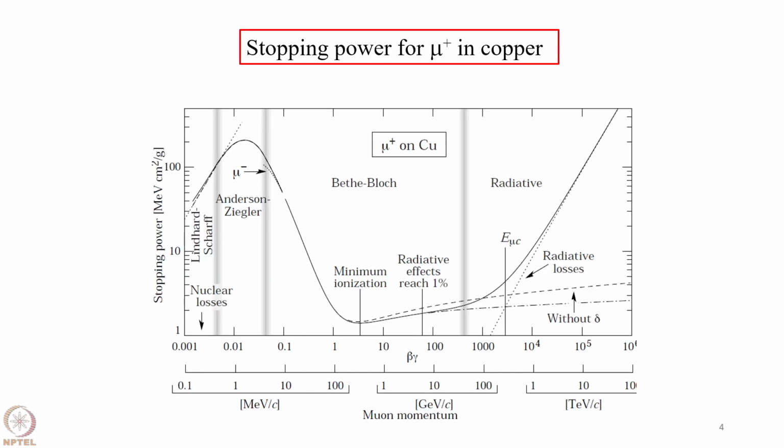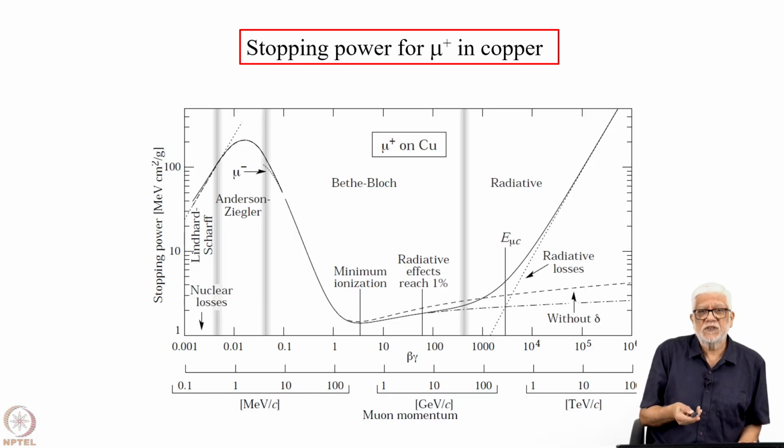Okay, so this figure you must have seen earlier, but this is just for recollecting what we just said. This is taken from the Particle Data Group's handbook. It shows the stopping power for the positive muon in copper. So you can see that at very low energies, this is actually a beta gamma factor. So at very low velocities, you have a rise in the stopping power, then a maximum, and then a fall